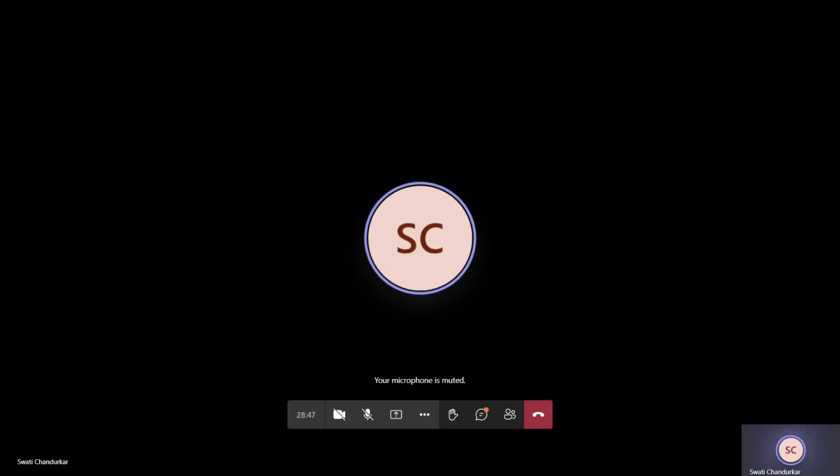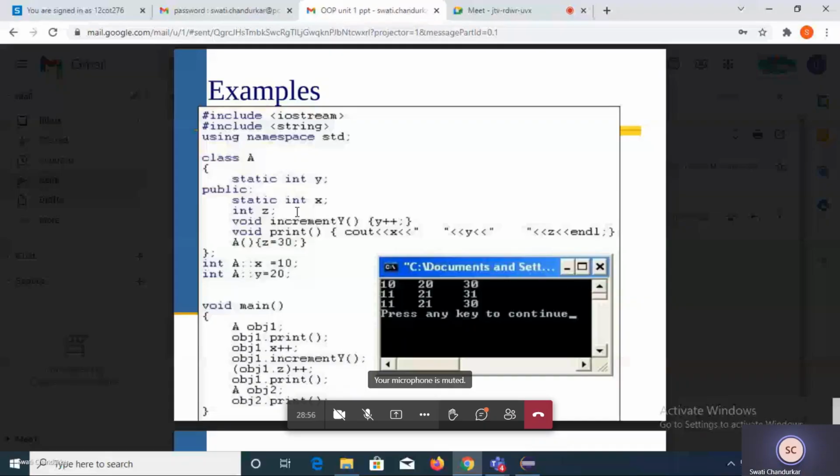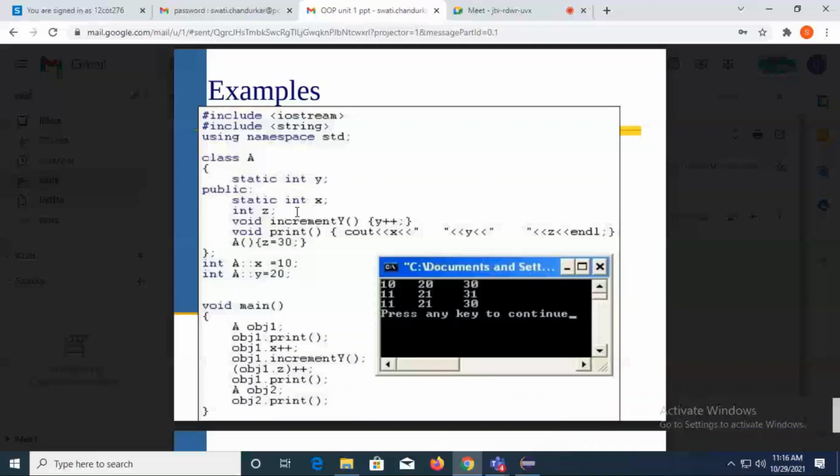can be declared inside a class, but it must be defined outside the class. How can we define the static variable outside the class? Syntax is data type, space, class name, scope resolution, name of your variable equals the value, semicolon. So, what is the data type of this y?